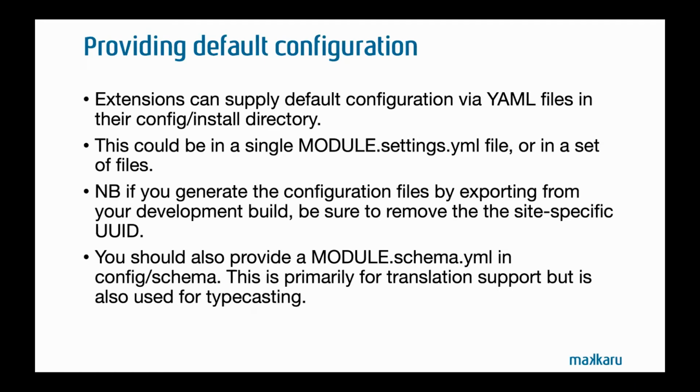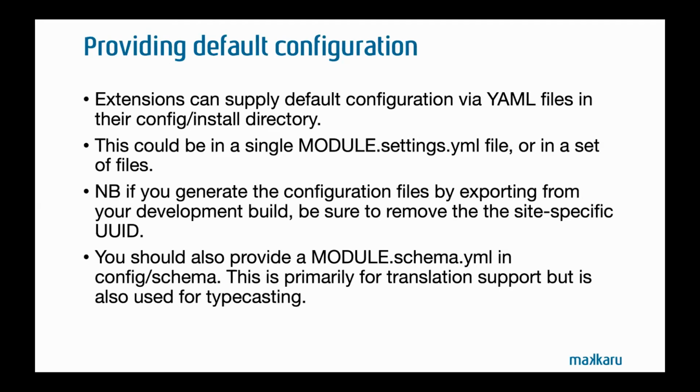That could be one single file, or it could be a set of files. And one point to keep in mind, and we'll see some related sorts of things later on in this example, but if you've exported some configuration from your development build such that you then say, oh, I'm going to put that into this module, you need to